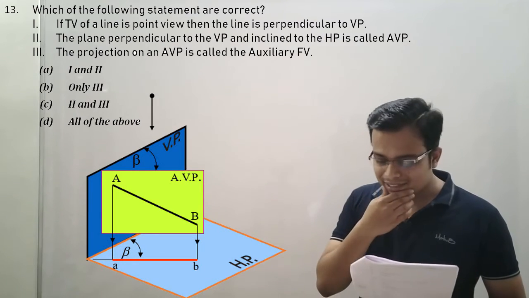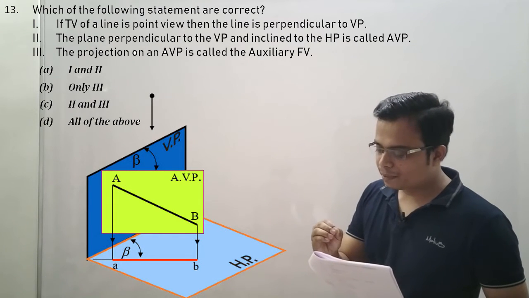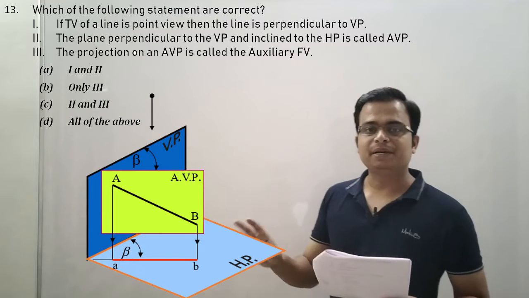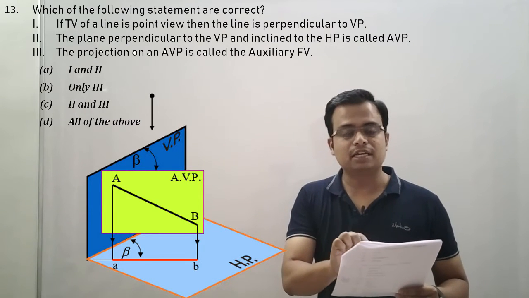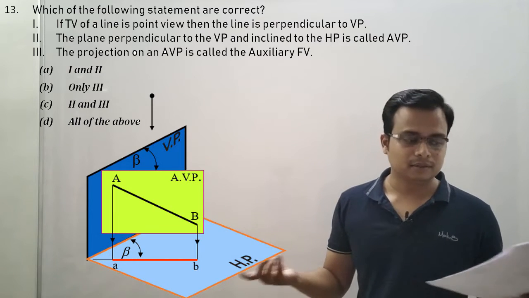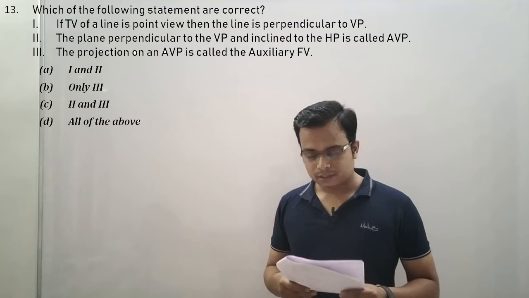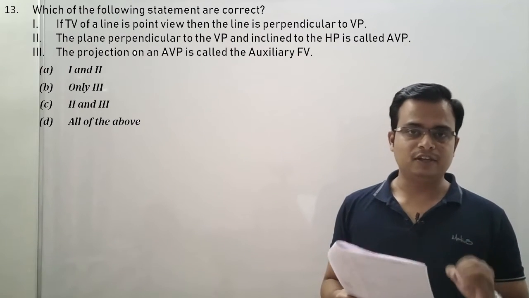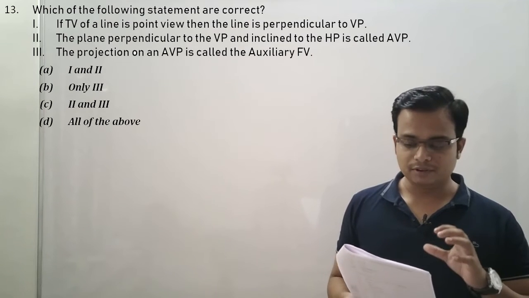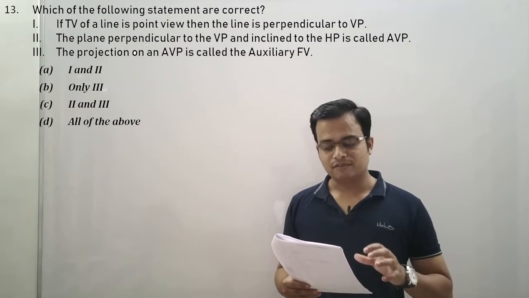So what have we been told? The statement goes like this: the plane perpendicular to VP and inclined to HP. Now if it is inclined to HP, it is an AIP, that is the auxiliary inclined plane, and here it claims that it is AVP. It's a wrong claim. Incorrect option. Statement 3 says the projection on an AVP, the auxiliary vertical plane, is called the auxiliary front